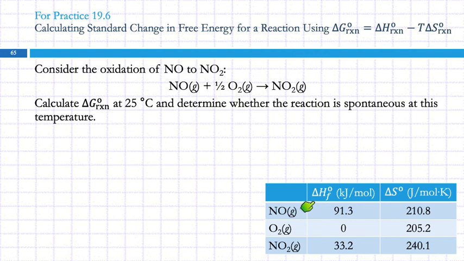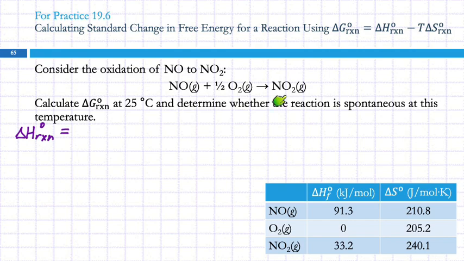We're given heats of formation and entropies. Actually, I don't think the delta is supposed to be there. Oops. So this is the only way we can do it, right? So we have to calculate delta H for the reaction and delta S for the reaction. So delta H